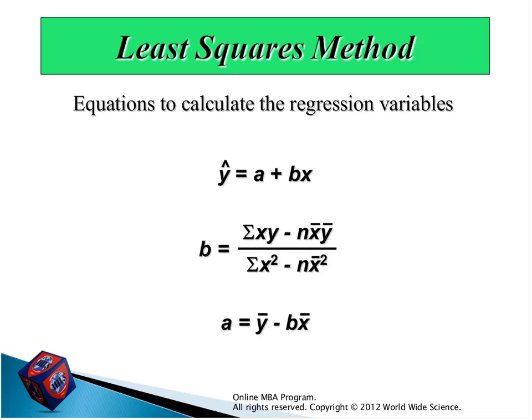Okay, please let me show B. This is B. Sigma xy minus n multiply x bar multiply y bar. Bar means average. X bar means the average of x, or the average of time periods. Y means the thing that we want to forecast in the future, for example, demand. Okay, please write down this formula on a piece of paper